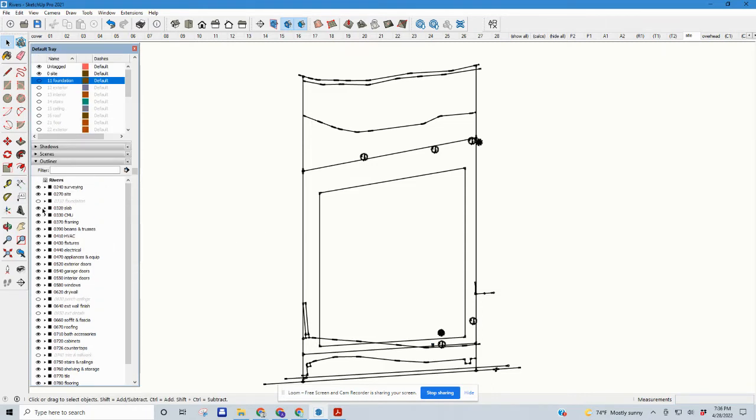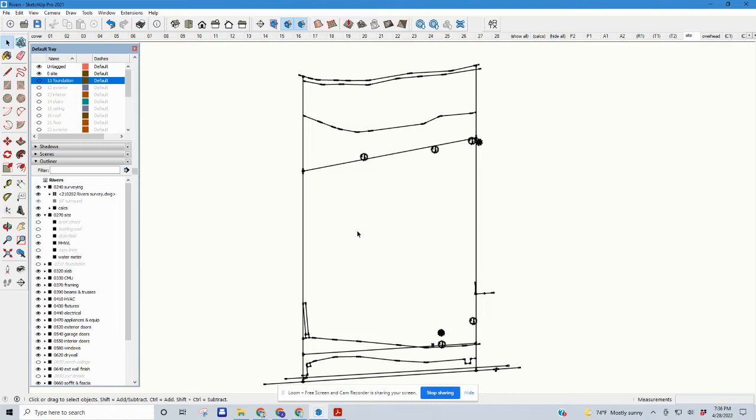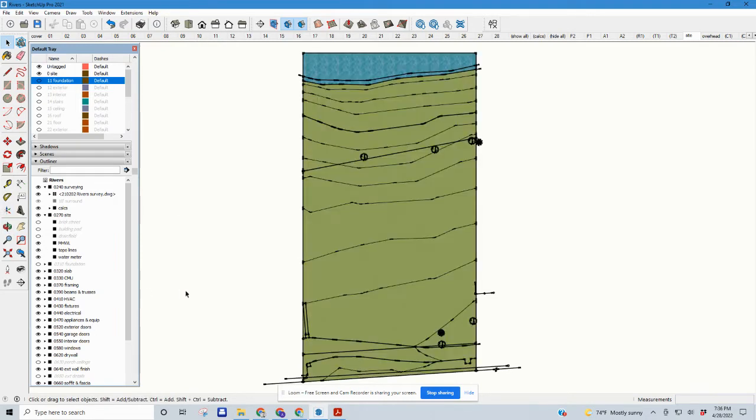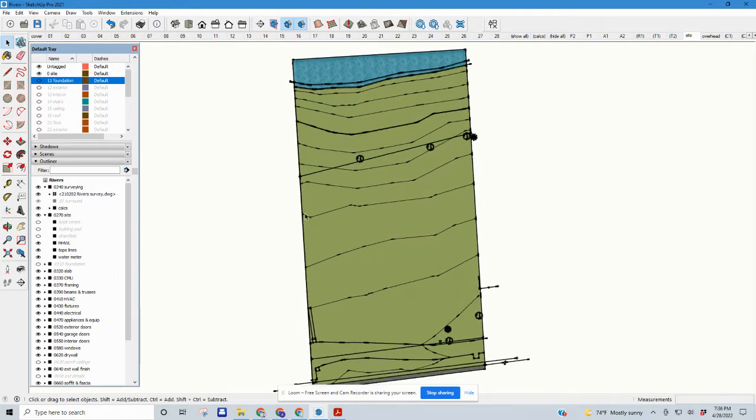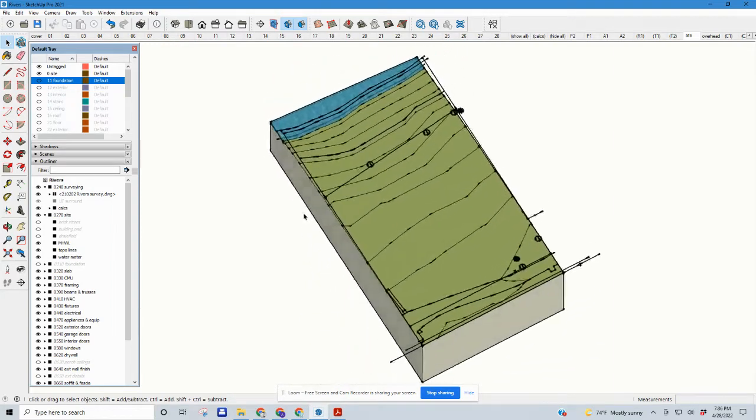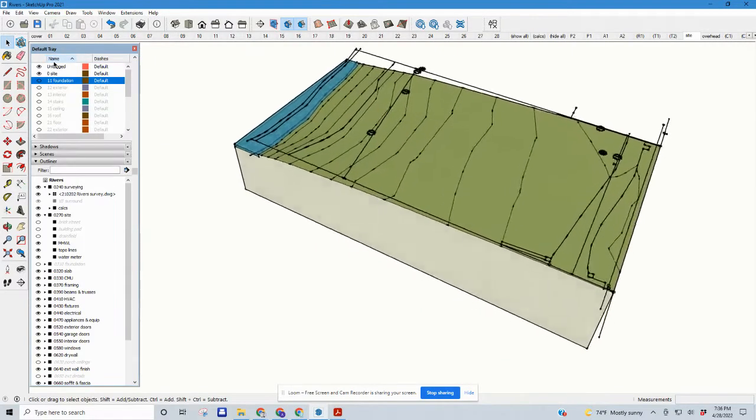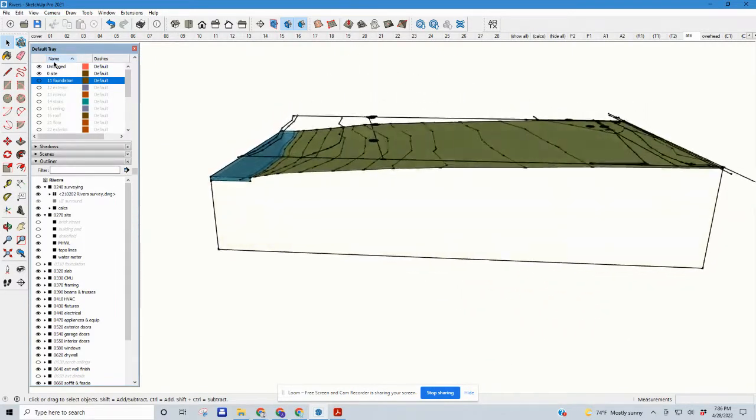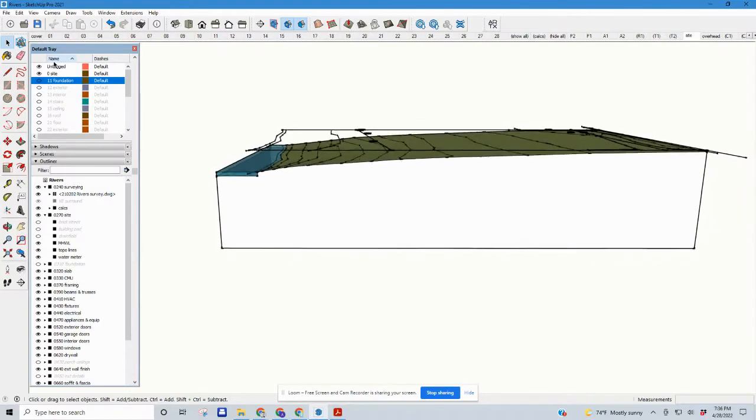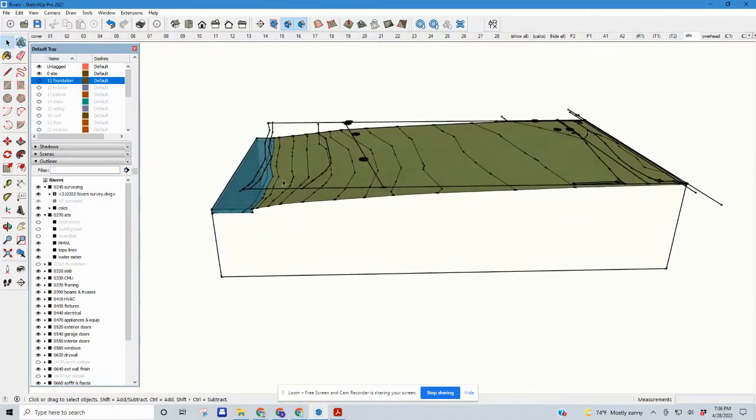So I import the survey into my 3D drawing, and initially it's just flat. As we add the topo lines, I colorized it, made it look like grass and made it look like water. But as I rotate it here, you can change the perspective, and you can see the slope of the property. You can see how it slopes down to the water. And the lake is,